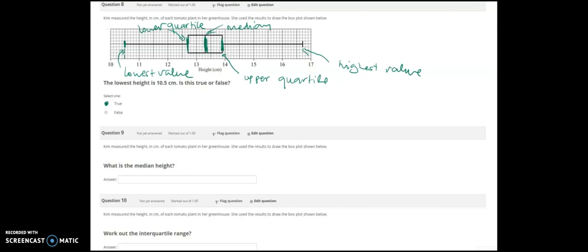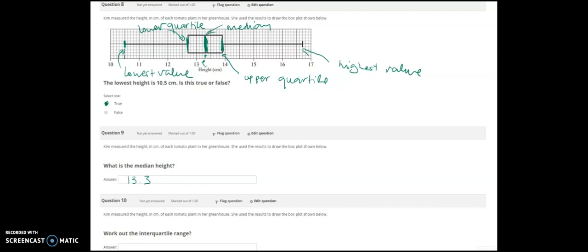Question number 9. Kim measured the height in centimeters, so it's the same question. We've got to work out the median height, and the labeling that we just did will help us with that. So going down, we are at 13.123. So 13.3 is the median. This point here, and